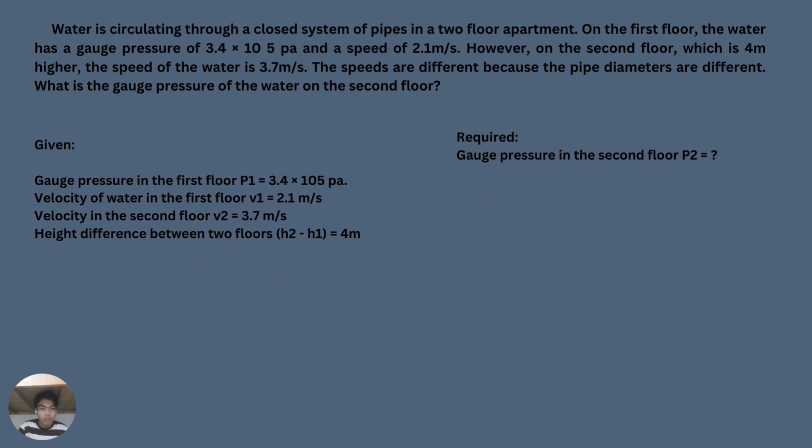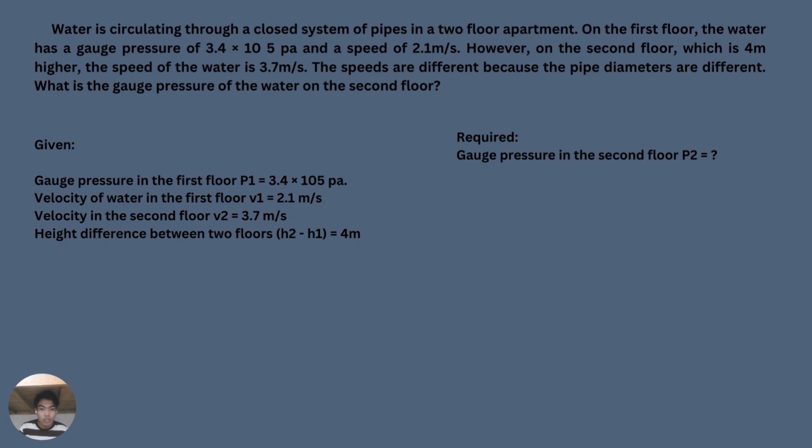So, to define the given, pwede naman natin ma-observe sa ating problem agad yung mga given, which is yung gauge pressure on the first floor, P1, velocity of the water on the first floor, V1, and the velocity in the second floor, V2. Dito naman sa height difference between two floors, since sinabi sa problem na 4 meters, yung second floor is 4 meters higher than the